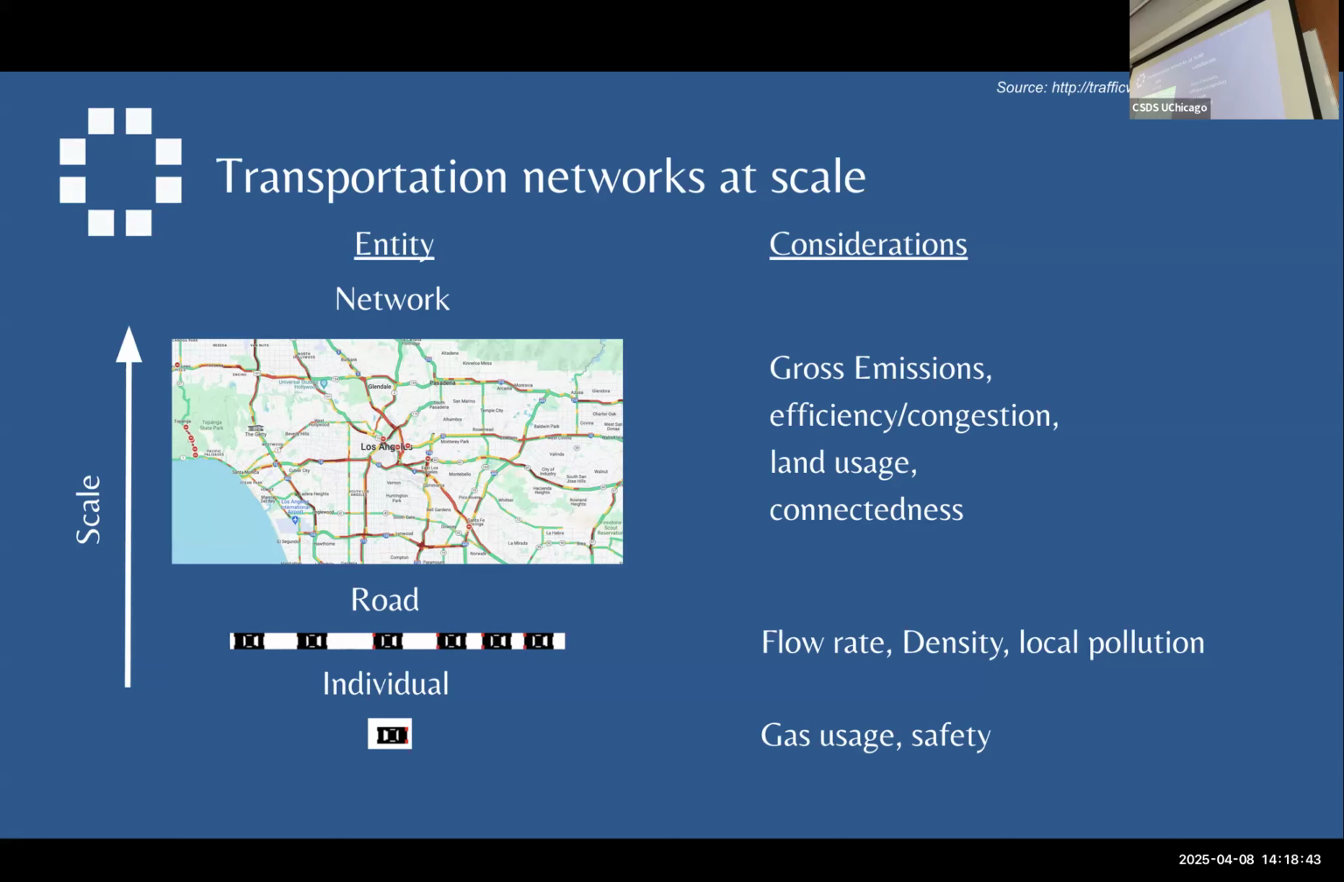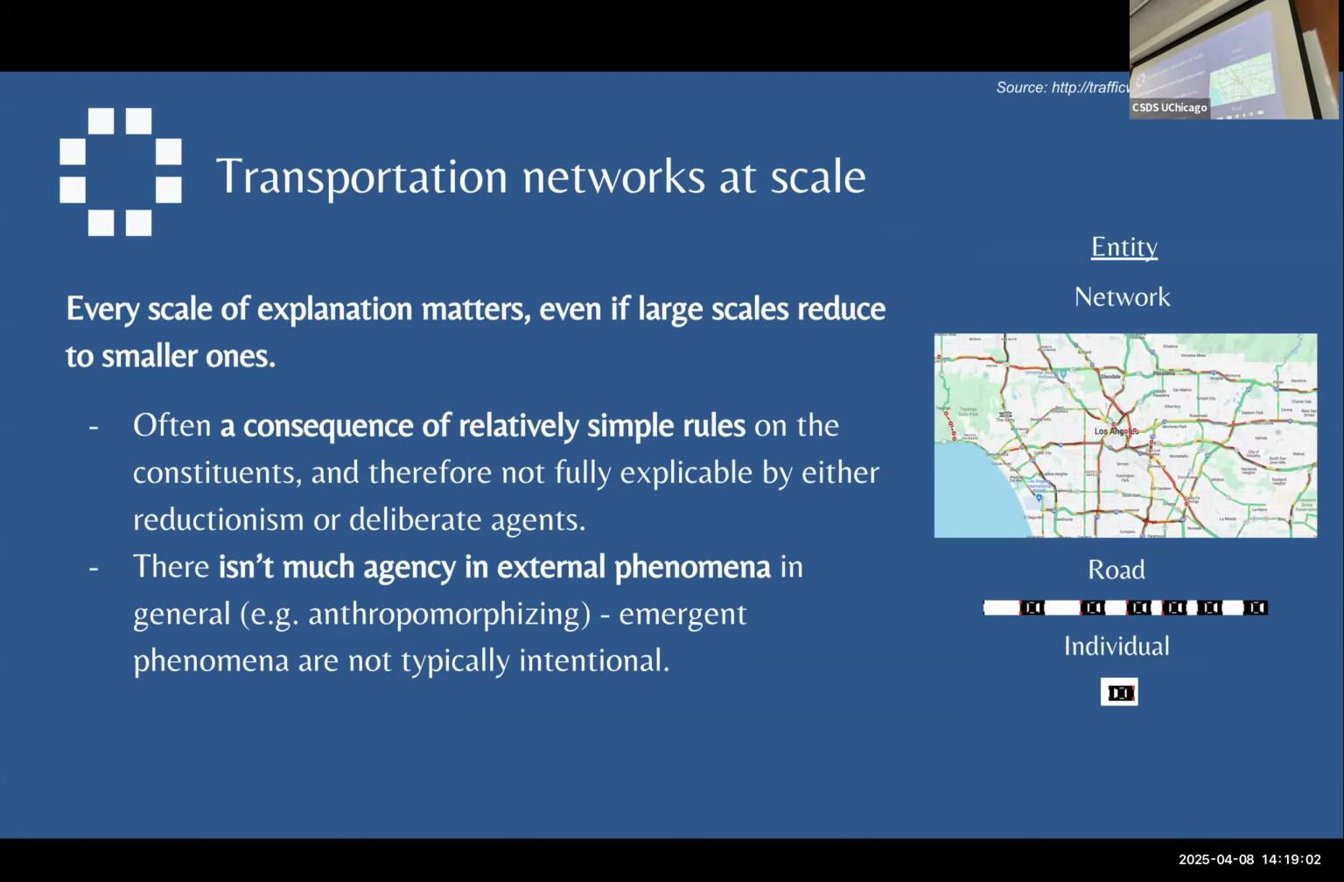But now that transportation as a field has gotten so big, we're really thinking on the level of states, cities, countries, etc. But just because we can think about that big scale and those big scale questions, these smaller scale questions still matter a lot. Okay. And so just to recap,